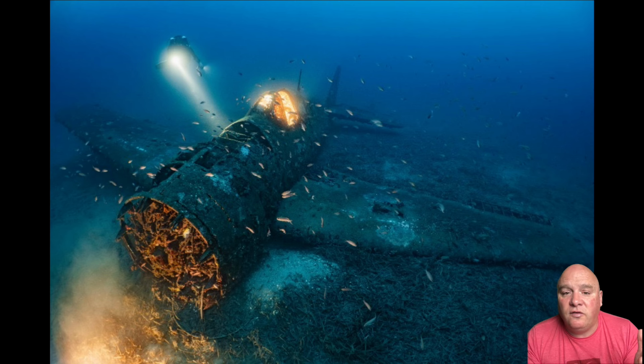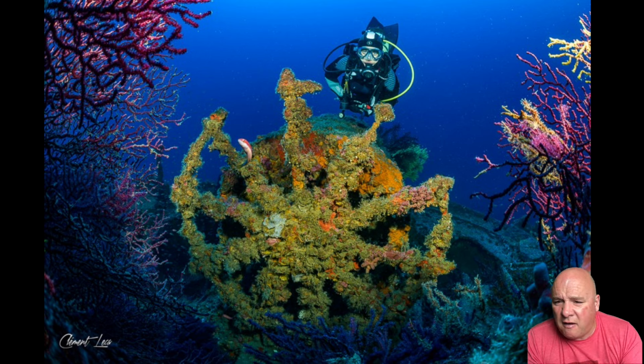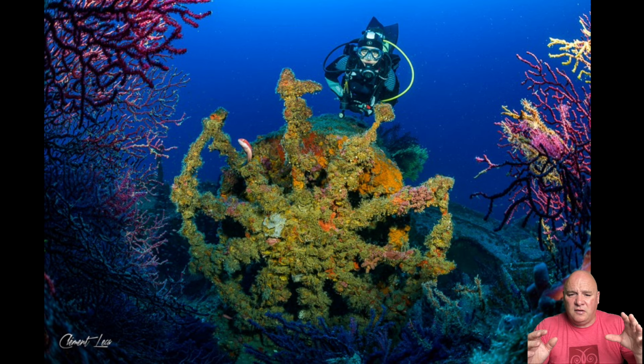Would be all content, all interest. And it's very nice. Okay, second place in the wreck category is this picture, another Mediterranean shot. And this is a very, very nice wreck picture. I really, really like the composition of this, framing the old wheel of the ship with the Gorgonians around the